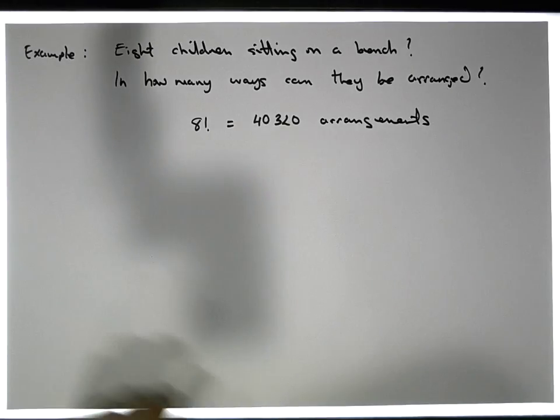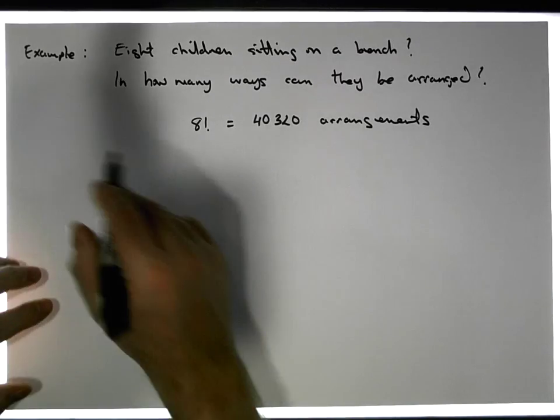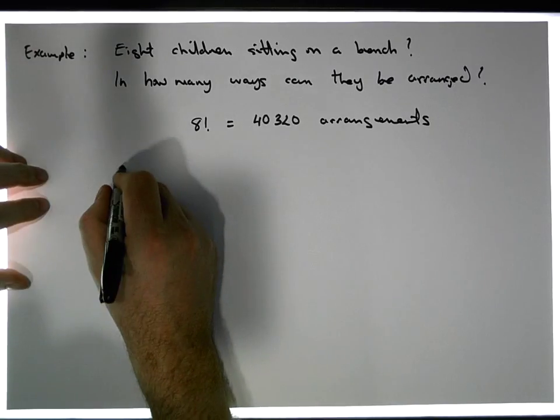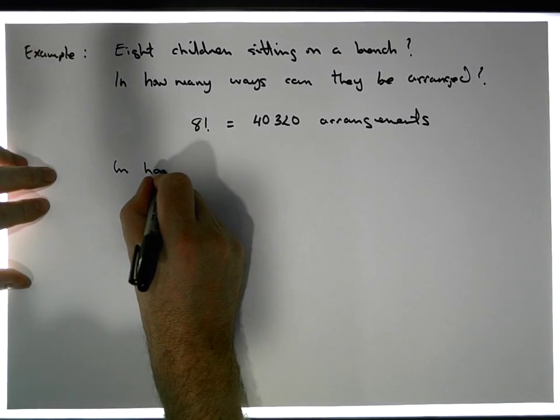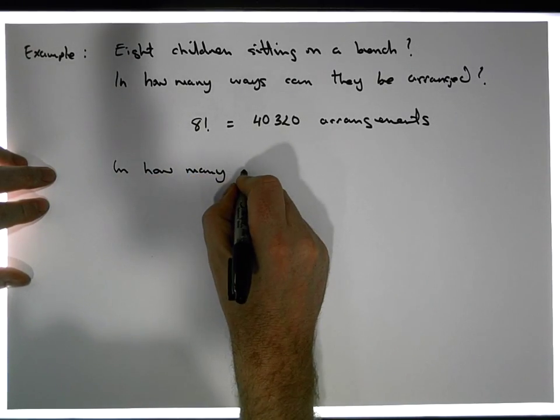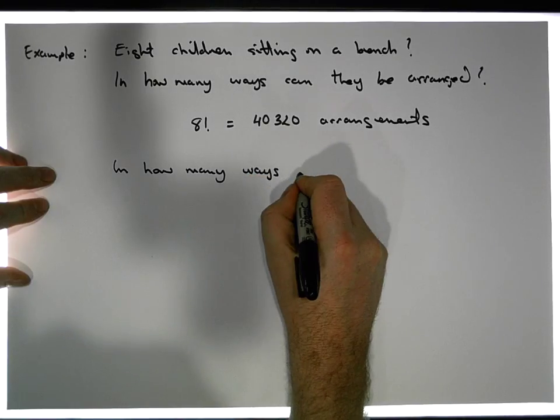Let's make it a little bit more complicated. In how many of these arrangements are the 2 oldest children always together? Let's make this a bit more complicated. In how many ways can